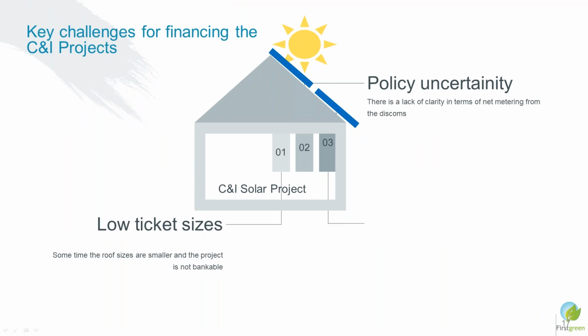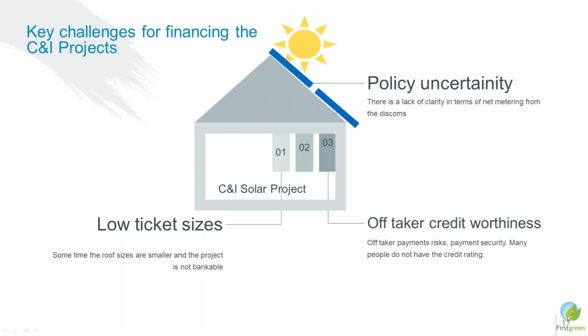Now, financing is key to implementing a solar project. It is not the technology which plays an important role. It is the finance which plays an important role in the implementation of a solar project. So the issues related to financing at times lead to delay, or the project is not financed, and bankability issues are very important issues.